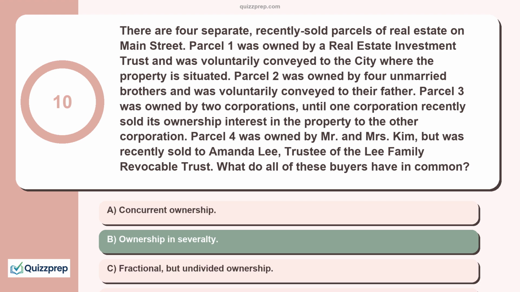D is incorrect. If 2 owners hold title with a right of survivorship, and one owner dies, then the survivor acquires the decedent's interest in the property automatically, through operation of law. Depending on the state, common ways to hold title with a right of survivorship include tenancy by the entirety, joint tenancy, and/or community property with right of survivorship.